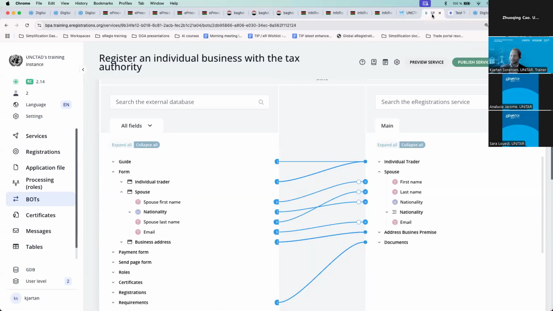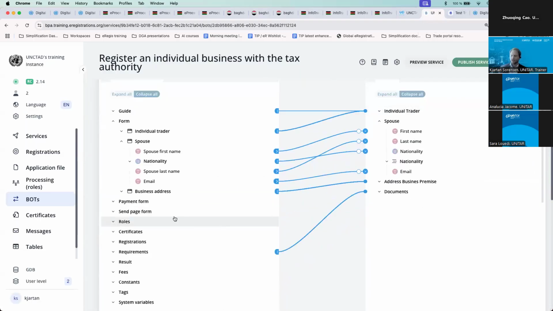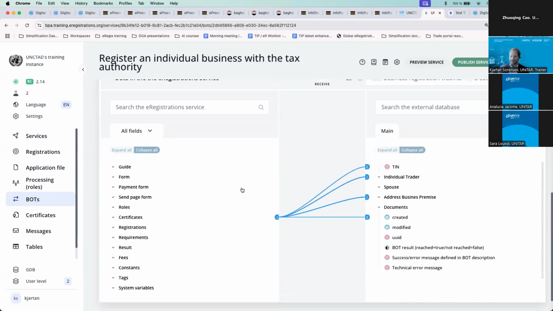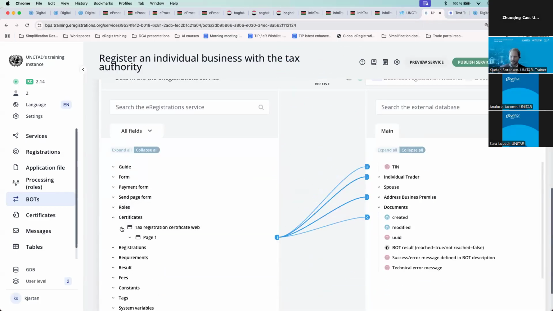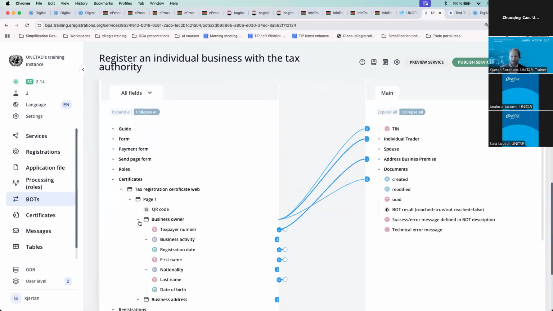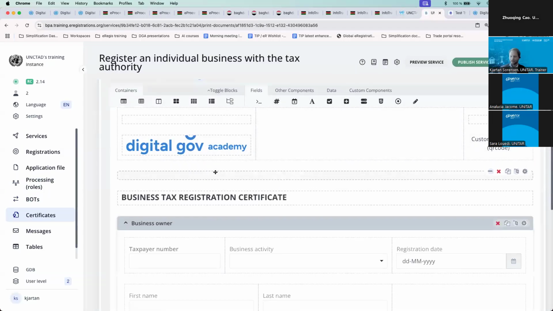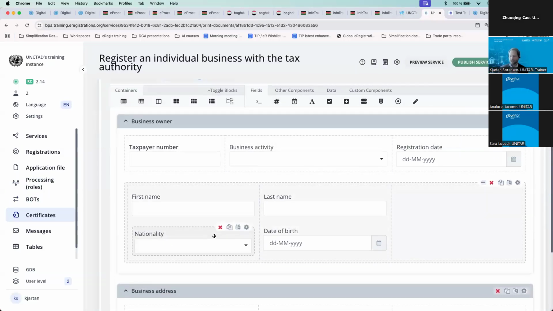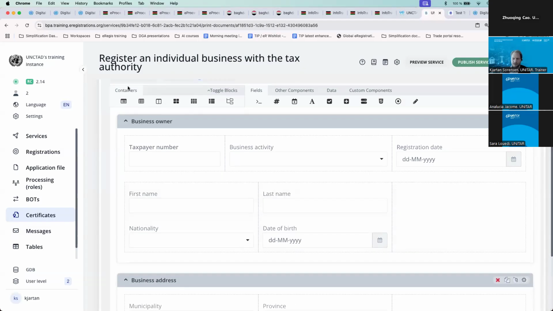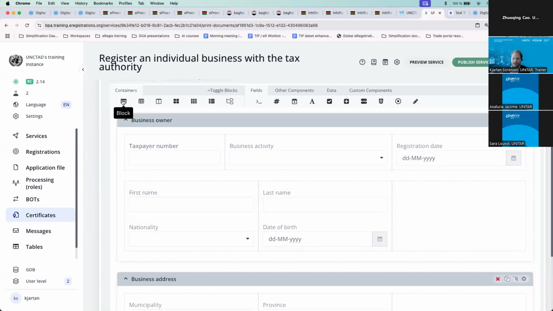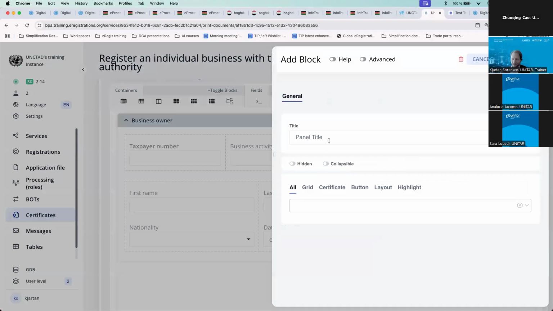But still, we're missing a part, which is it will not go to the certificate. We need to complete this into our certificate. So here you're on the certificate, but in my certificate, there is no room for spouse. So I have to add that in my certificate as well, right? So I'm going into my certificate and I'm going to make room for that information because I want actually that information. Maybe you don't need it to be on the certificate, but for the sake of this example, let's put it there. So same thing, I'm just going to add here